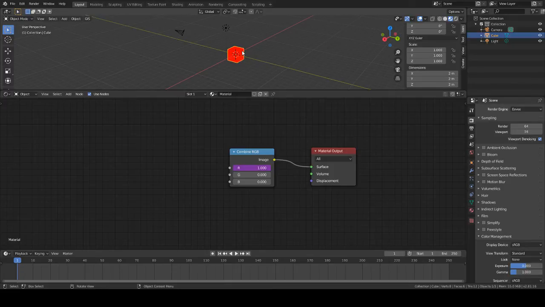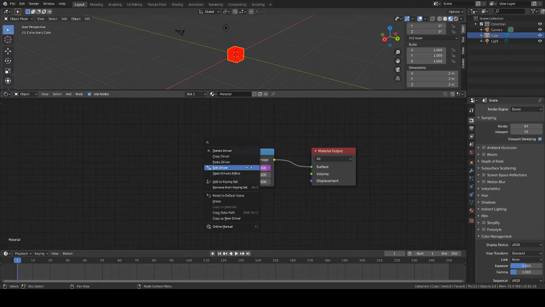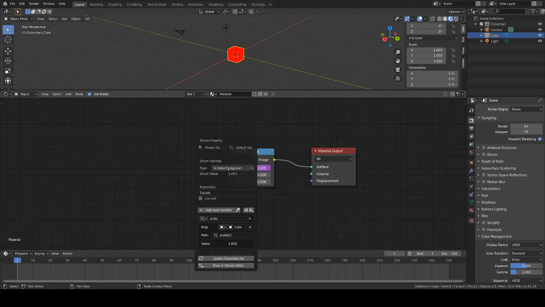So edit driver, we could do 1 minus the scale. Right now it's going to be perfectly black because the x scale is 1. So 1 minus 1 is 0. But then if we make it